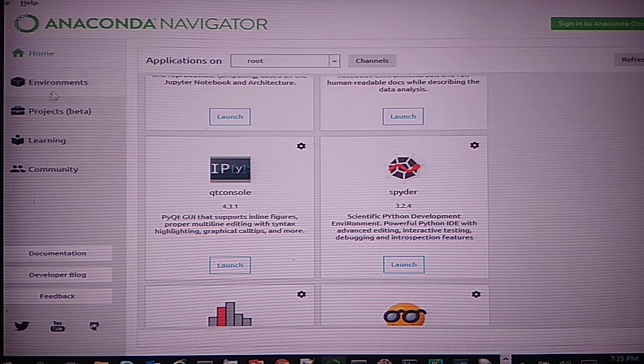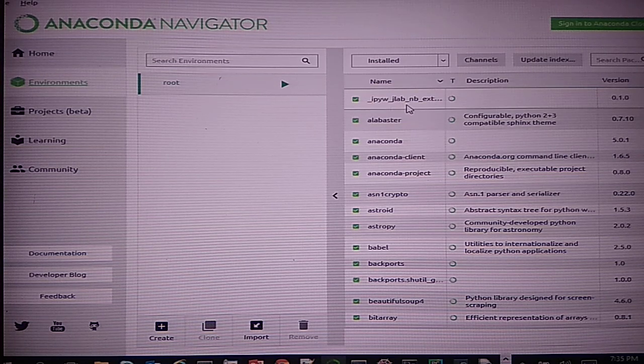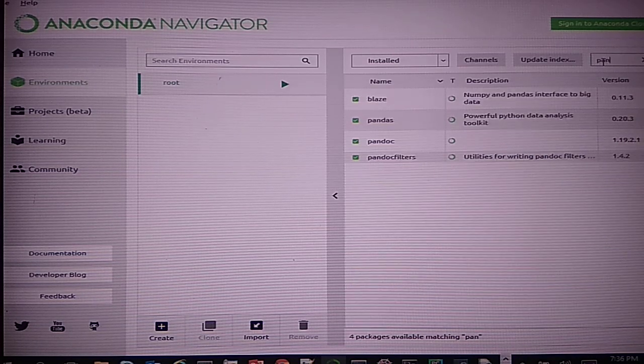If you click on this environments button, on the right hand side you can see all the installed packages, and say I want to see whether the pandas package is installed or not. So you can see I have a pandas package, pandoc package. These packages normally do not come with a default simple version of Python. I have to use the pip command to install those packages.